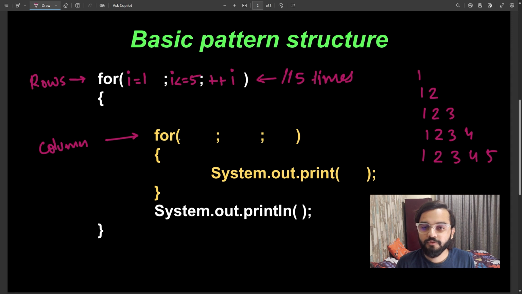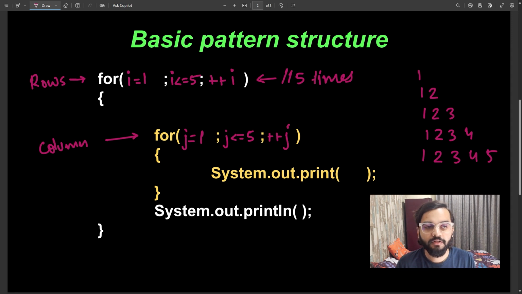So J equals 1, J less than or equal to 5, and I will increment the value by 1 for each and every row. But if we see here, this will again create the square type of pattern. It will not create the triangular pattern.